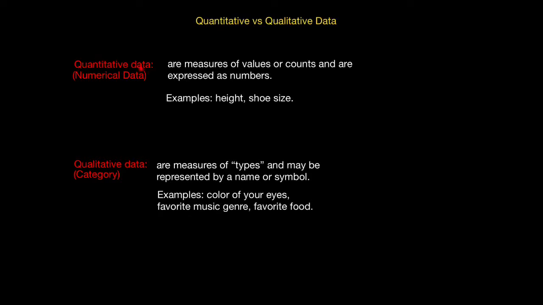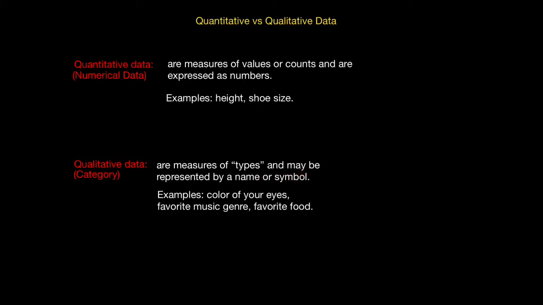So quantitative data are measures of values or counts and are expressed as numbers. So basically, whenever you hear quantitative, think about numerical. Some examples are your height and your shoe size, right? Those can be counted. Qualitative data, on the other hand, are measures of types and may be represented by a